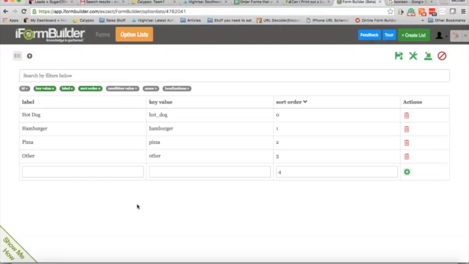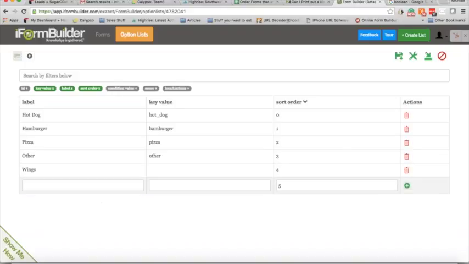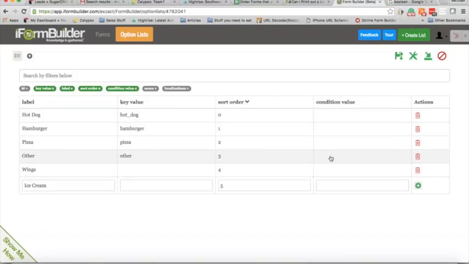And you can easily come in here and add new options to the bottom. You can change the sort order. You can change the key value. You can add conditional values by selecting condition value from the table setup at the very top. And one of my favorite things that we have here with our option list,